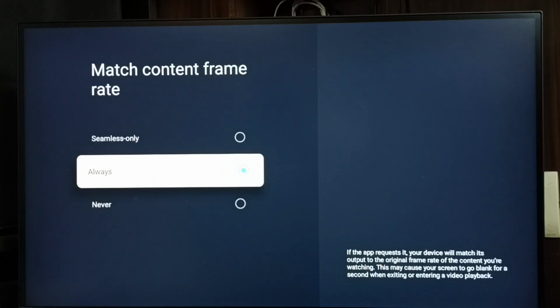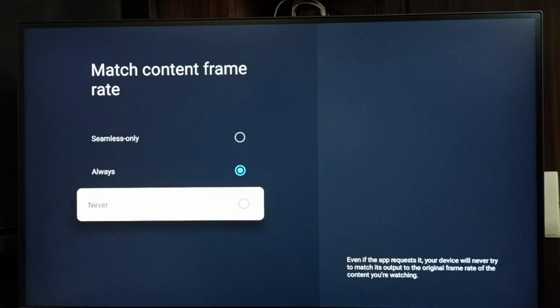If we select always, the TV will automatically adjust the frame rate based on the frame rate of the original content. So that is the reason you are seeing the black screen. So we can turn this off, select never,